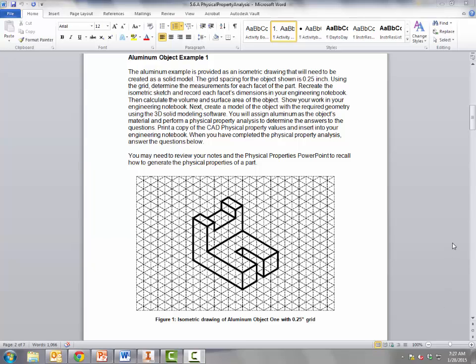So activity 5.6 is going to be a little bit of a hybrid. Some of the calculations we will do by hand, and then I will show you how we can use Inventor to determine a lot of the physical properties of the objects that we're building. There's two parts. The first one is an aluminum object, and we're going to use a 1/4-inch grid to determine